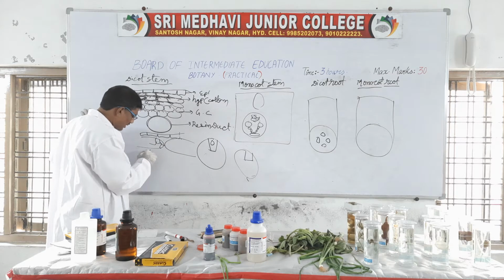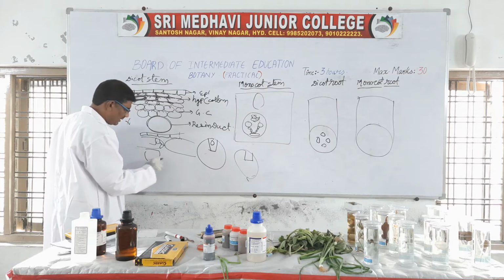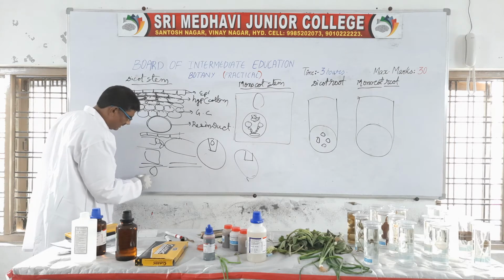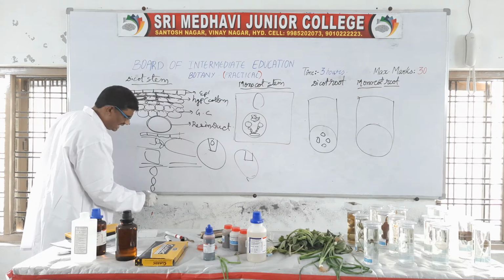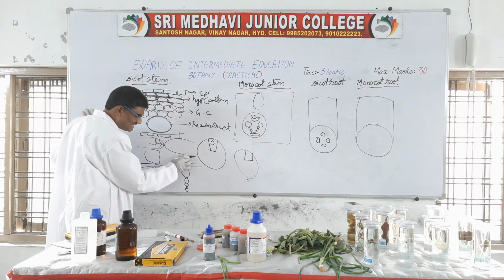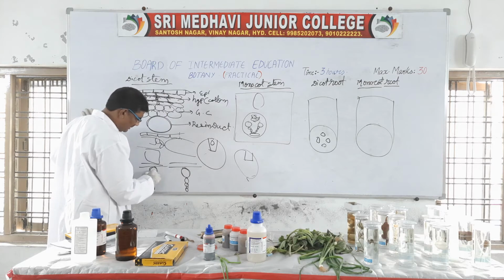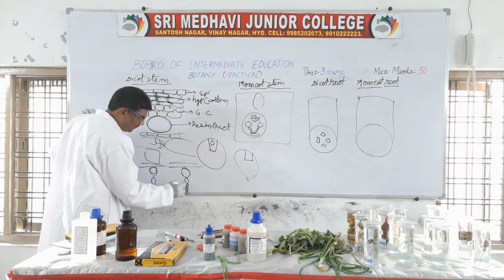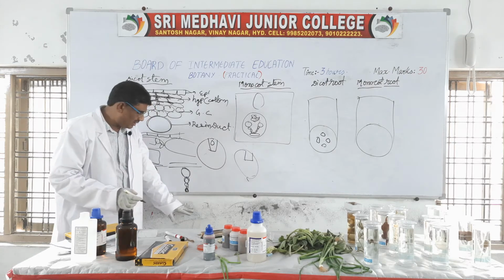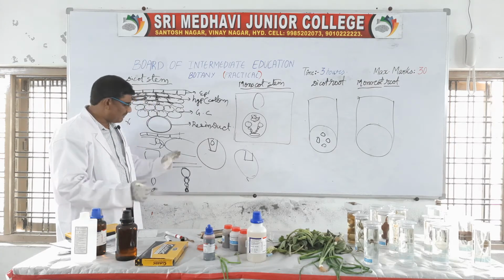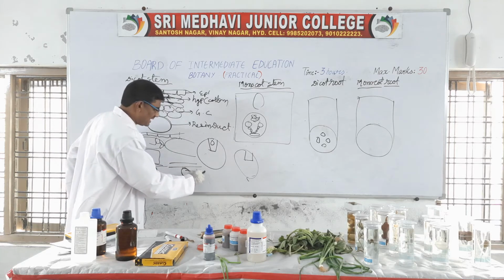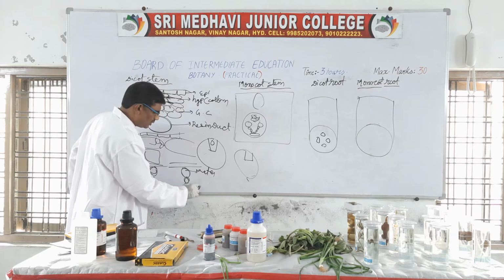Then after that is the phloem; this whole tissue is phloem. Then after that the cambium is present. Then after that the xylem. The xylem has protoxylem towards the center and metaxylem towards the pericycle side. This is the metaxylem, this is the protoxylem. The protoxylem is the small xylem, present on the medulla or pith side. The metaxylem is present on the pericycle side.